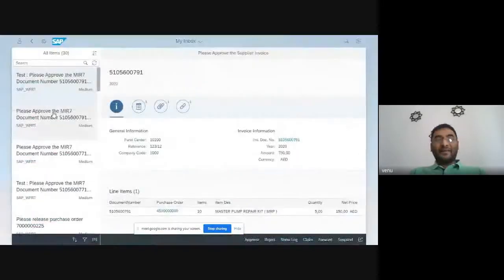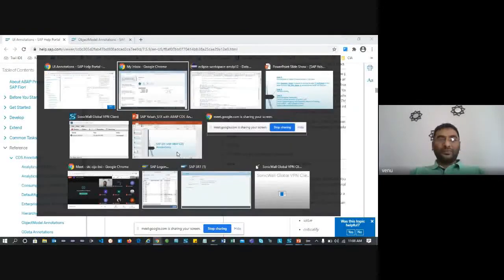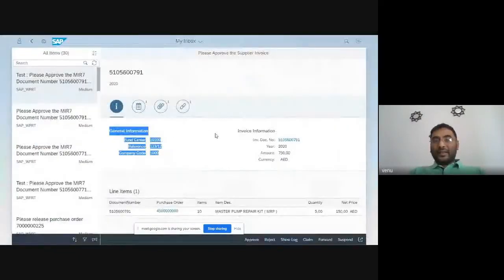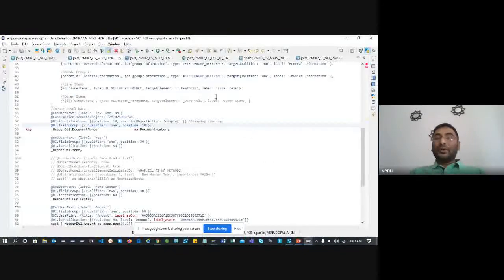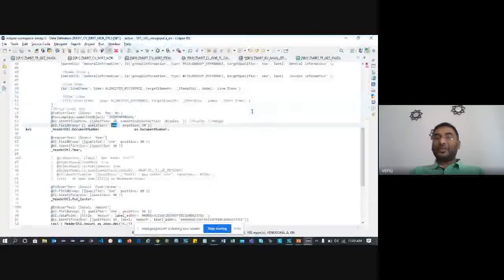Similarly, you can create your invoice data group, and you can create your general information. Now we follow this. Any data that falls under invoice information, what is my ID of information? Invoice information is 1. The simple qualifier will be 1. If any data falls under the general information, what would be my qualifier? The target qualifier would be 2.